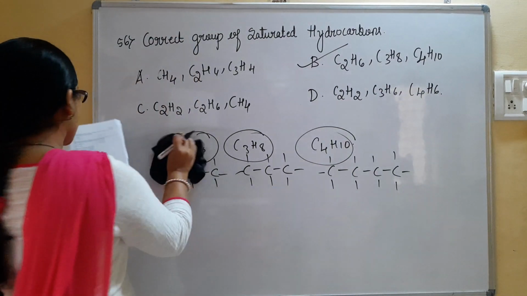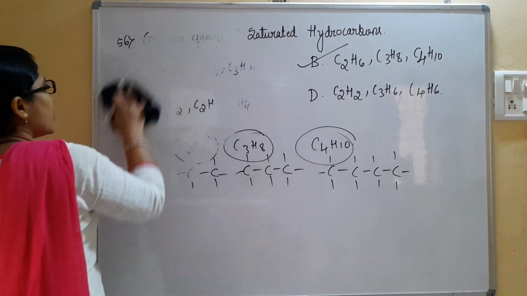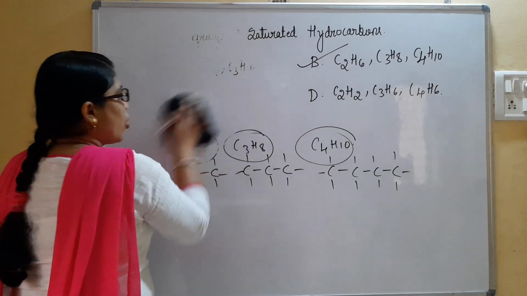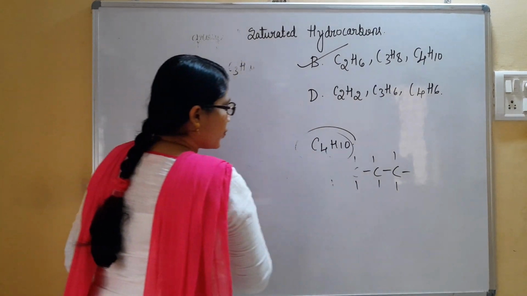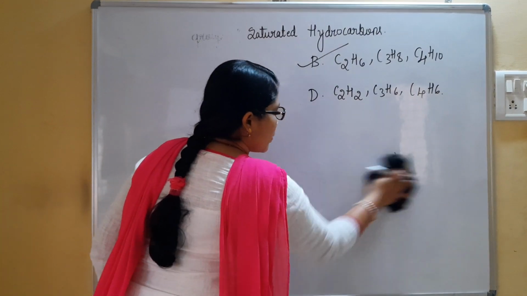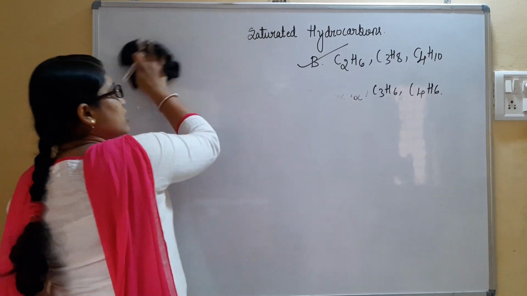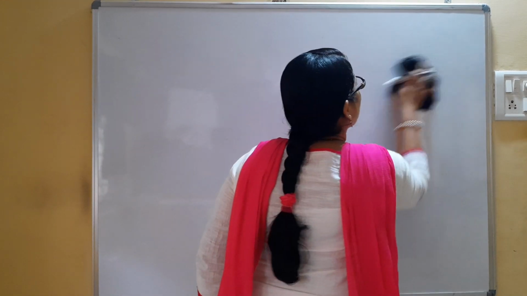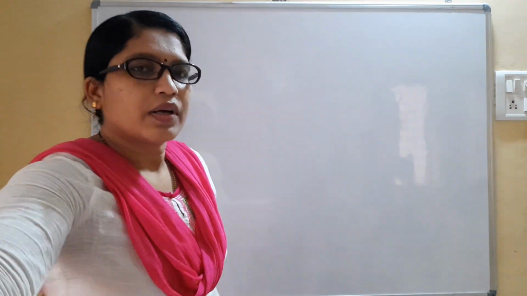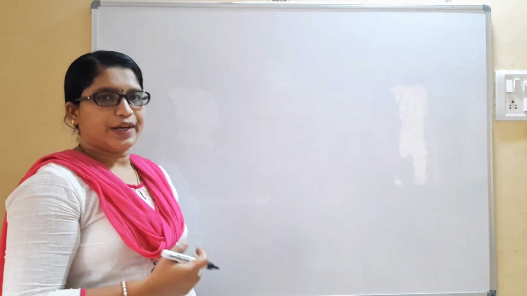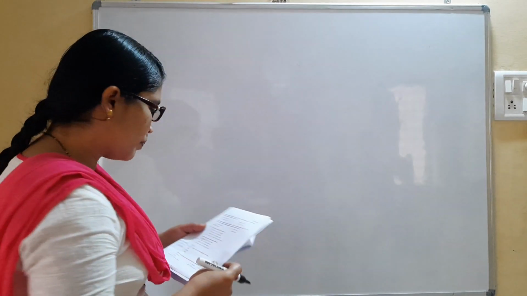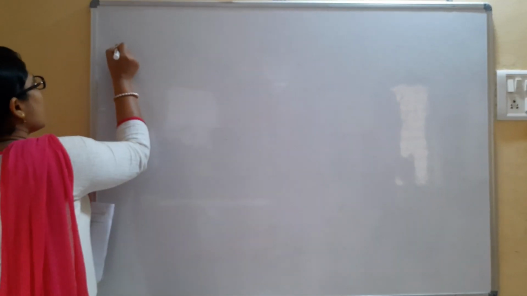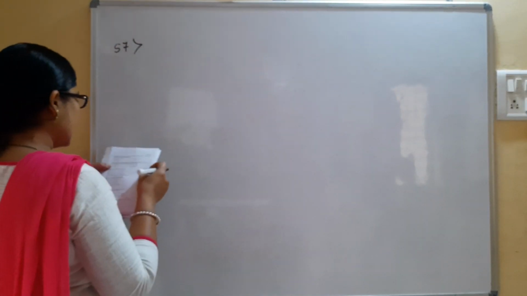So moving to the next question, that is the 57th question. Dear students, if you have the question paper with you, take that question paper and go on marking the correct options, and if possible take one more white paper and write the solutions in that white paper, whatever I am explaining here. So in the 57th question, the atomic number